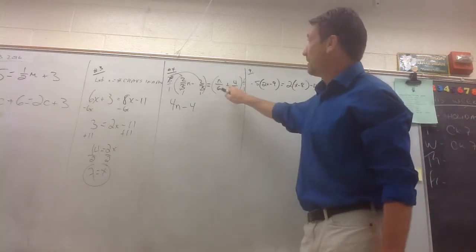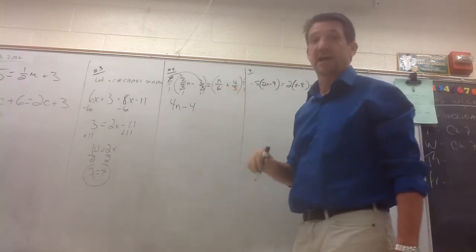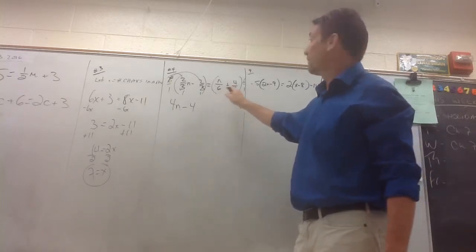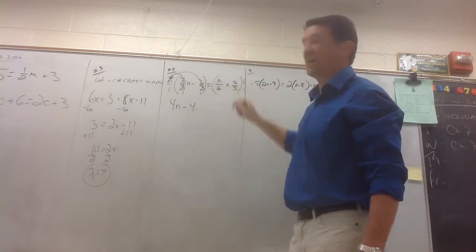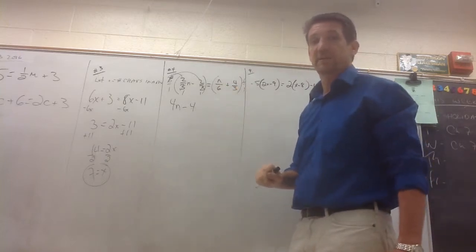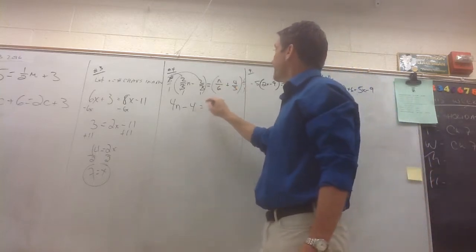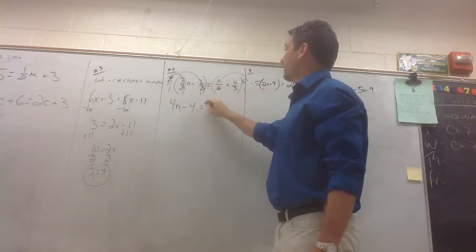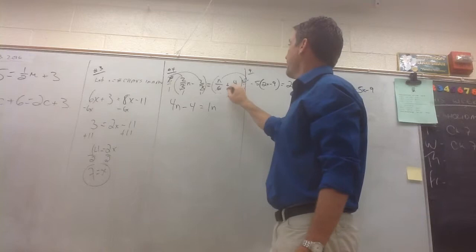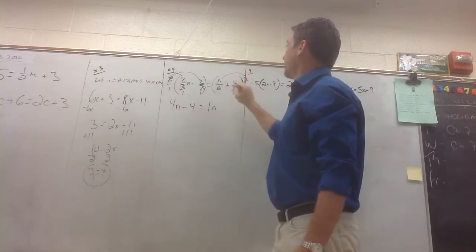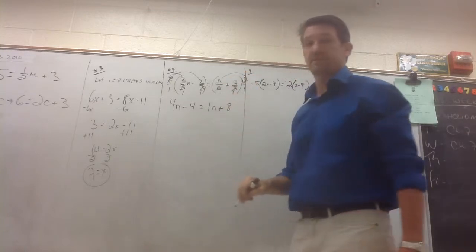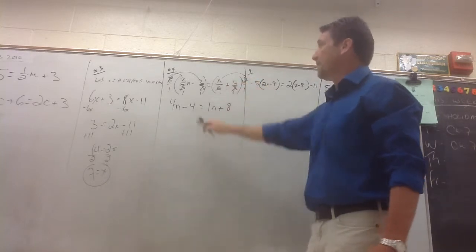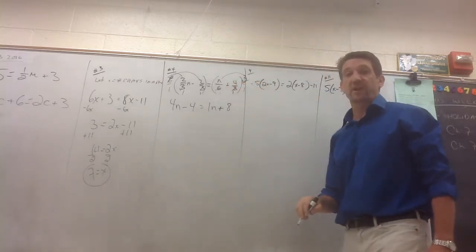I want you to do the same thing over on the right side now. Maybe we'll pause the video and see what you come up with when you distribute the 6 to the n divided by 6 and the 4/3. You should have ended up with 1n plus 8. 2 times positive 4 gives you a positive 8. So there's what you have after you clear your fractions, and